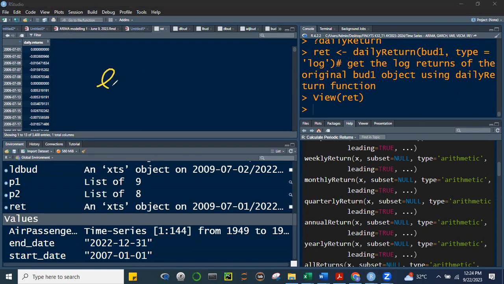Log of price at time t over the price at time t minus 1. Okay? So ibig sabihin, meron tayong magiging value dito na NA kasi wala naman siyang prior value. Okay? So, after getting that,